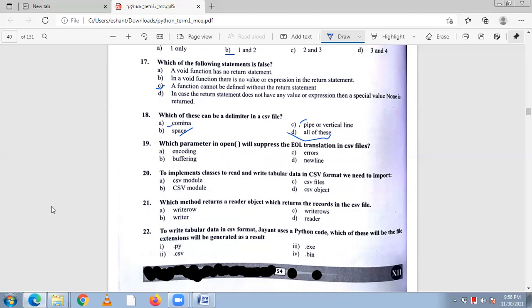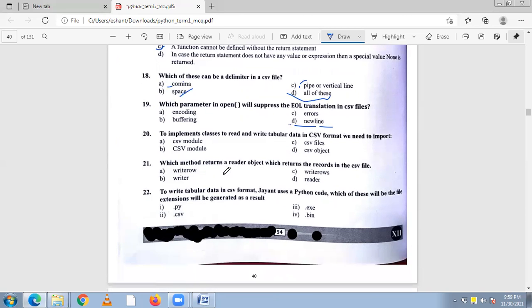Now question number 19. Which parameter of open will suppress the end of file translation in a CSV file? Here we have encoding, buffering, errors and newline. So what is the answer? 19, newline. Question number 20.